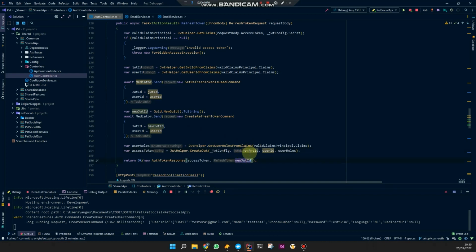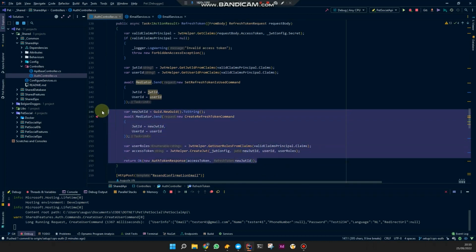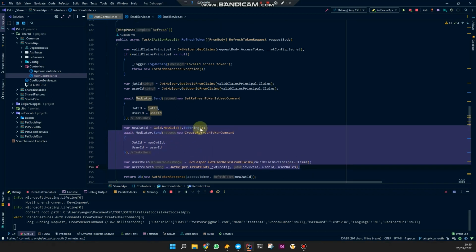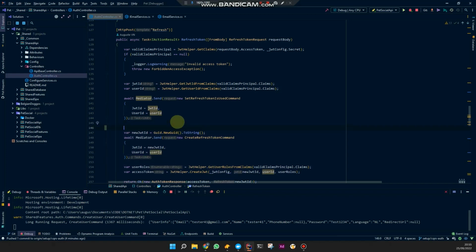So now it's more clear that I don't want to have the old Jwt ID in here, since this is all about creating a new Jwt and a new refresh token and a new access token. Maybe this should be made more declarative, more clear. Let's just